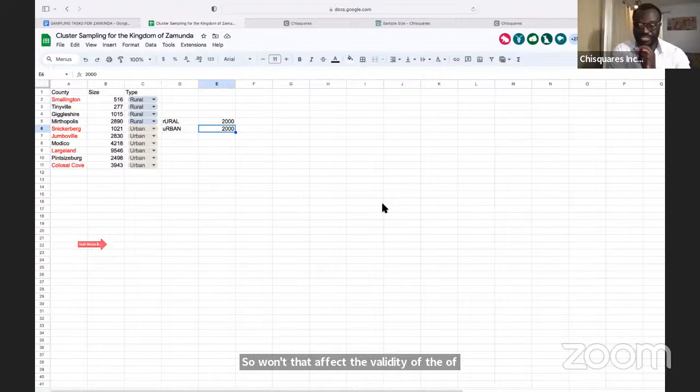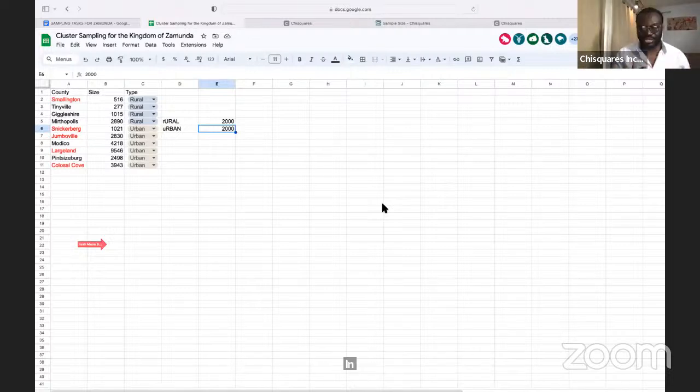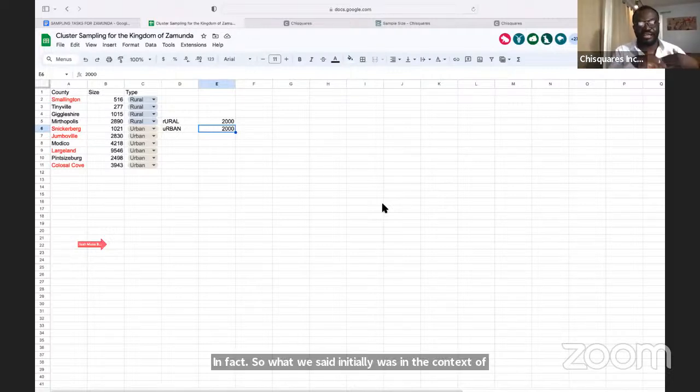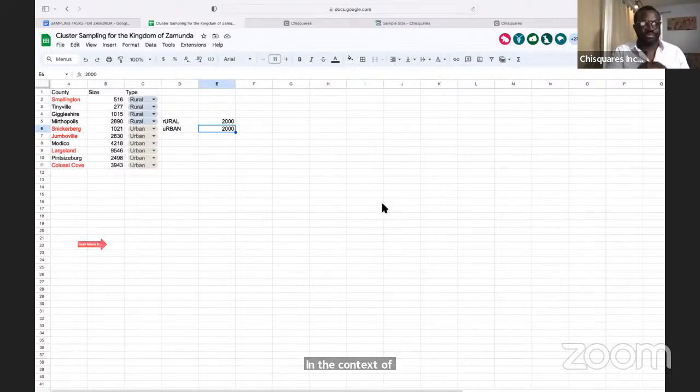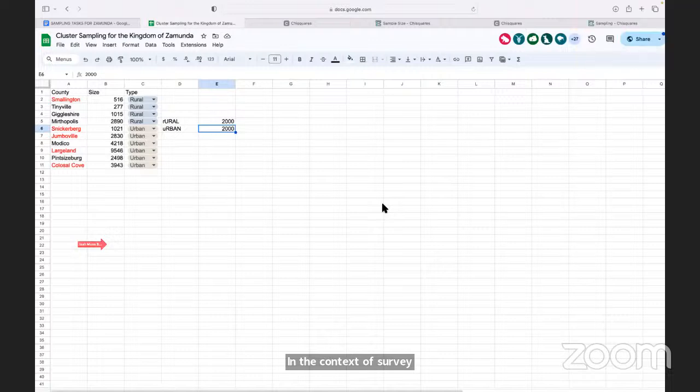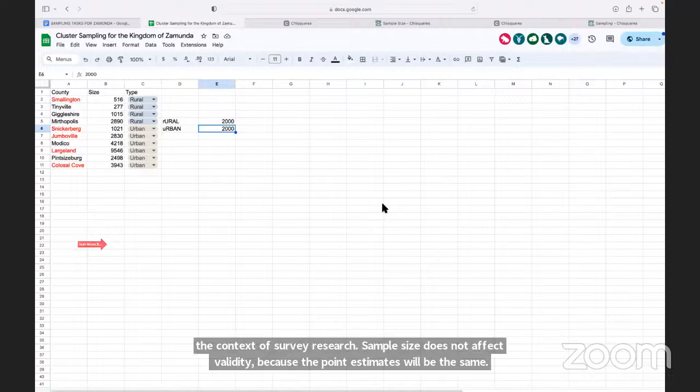That's a very good question. That's an excellent question. So what we said initially was in the context of survey, again, everything is contextual, right? In the context of survey research, sample size does not affect validity because the point estimates will be the same. When we cross over to analytical epidemiology,